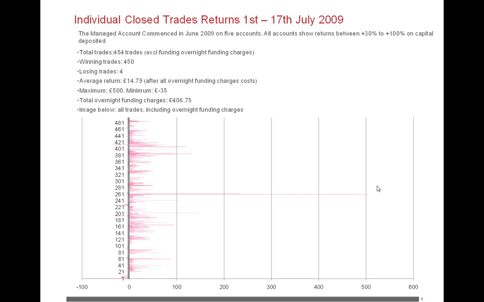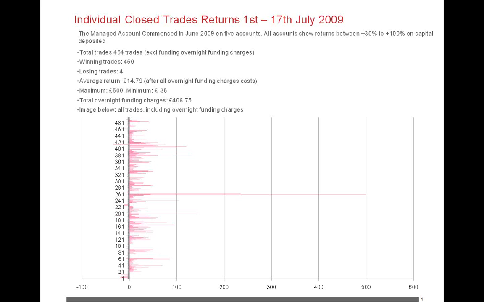But what then of the third strategy, which in a way complements the trend following and the contrarian, and this one I'm going to show you is one which you only want to use with foreign exchange, and this shows you the actual profit and loss of every single trade of an actual client account. We've taken a particular period, 1st to 17th of July, and the reason for that was because it was an